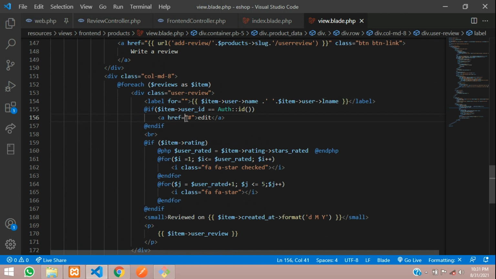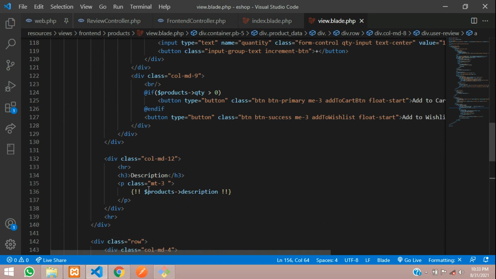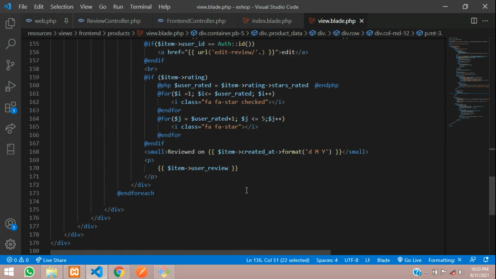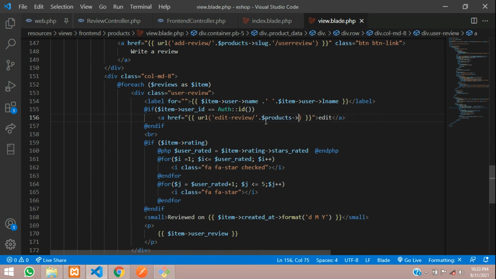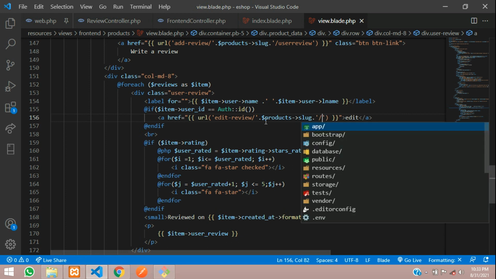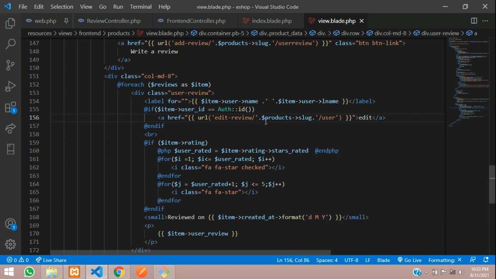and here just make a URL, edit review / the product slug over here. So can just say, copy that and paste $product of slug and $user review. Just copy this thing